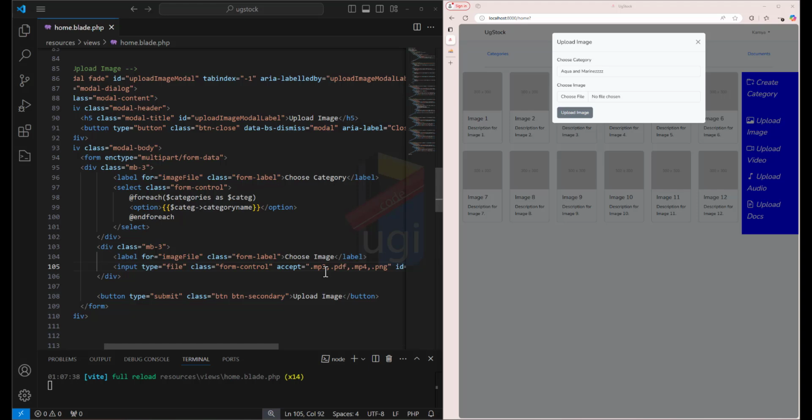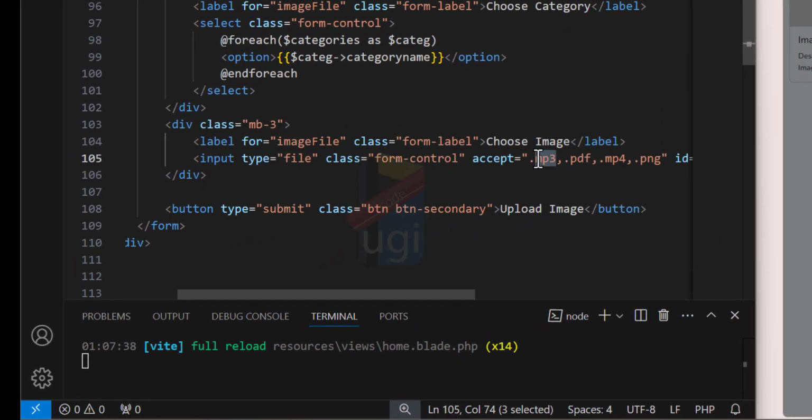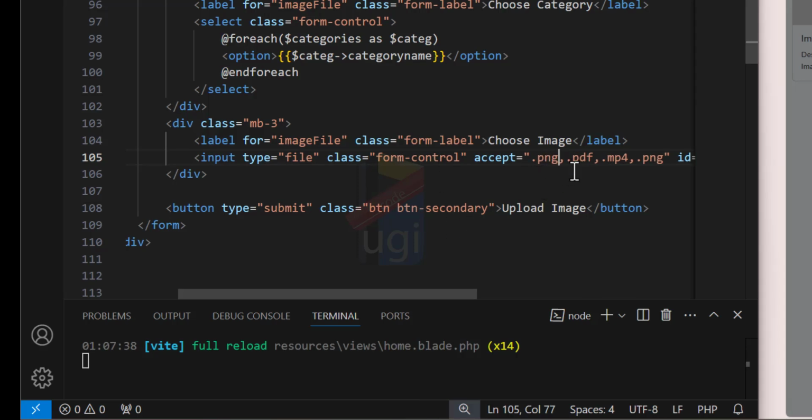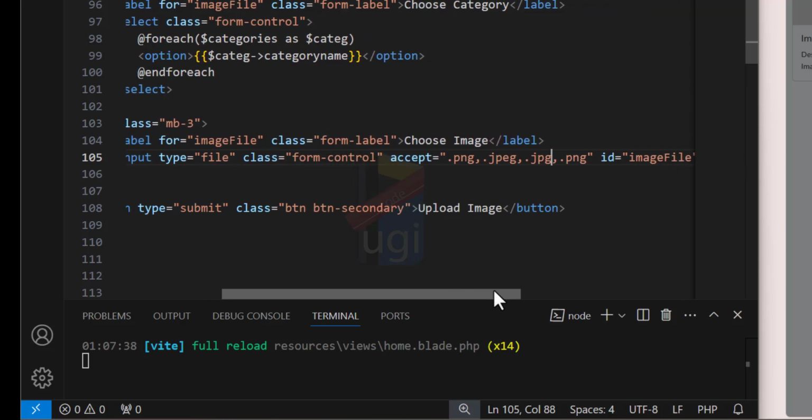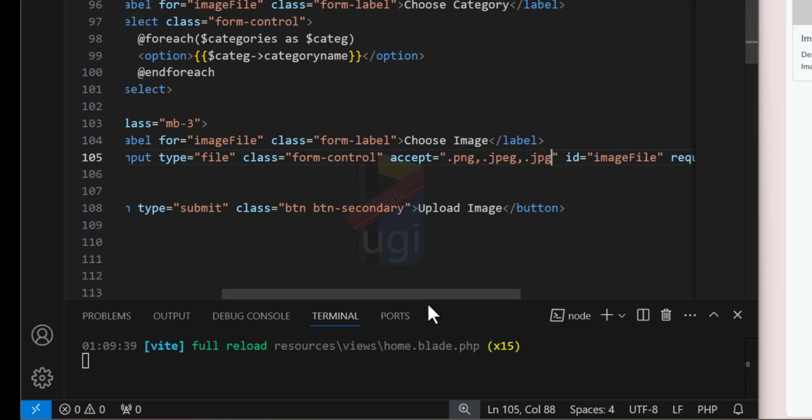All right. So, since we are on the upload image, I'll have this as PNG, okay, and then maybe JPEG, and then JPG. These are two different formats. JPG, Joint Graphics something, or editors. Those are the formats that are going to be allowed. Okay, and then of course I need